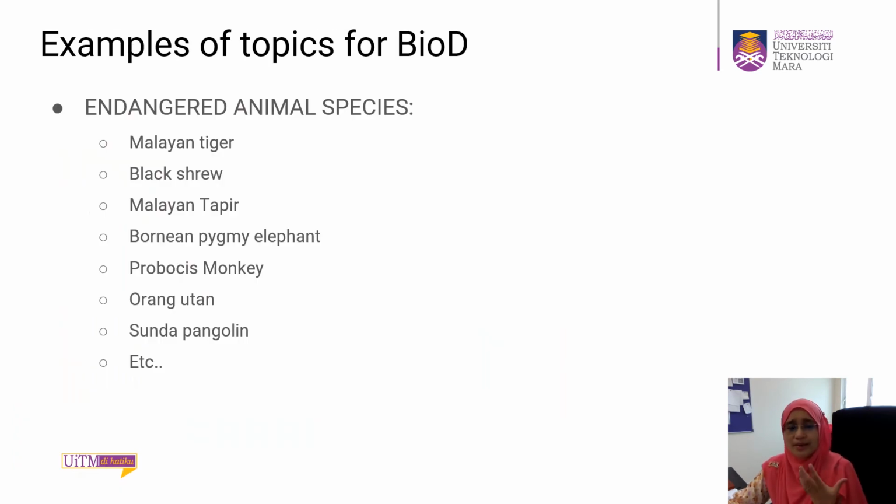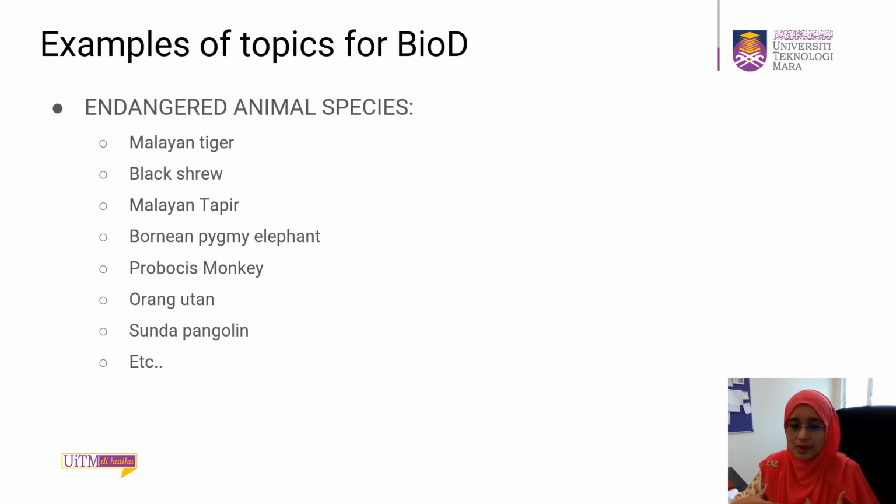And then, so these are examples of biodiversity topics that you can choose. Okay, so you can cover on endangered animal species in Malaysia, for example, Malayan tiger, black shrew, Malayan tapir, pygmy elephant, proboscis monkey, orangutan, pangolin, or any other endangered species that are found in Malaysia. Okay, so we are going to learn biodiversity in Malaysia. So you have to find examples of endangered species, focus on one species. So you have to explain why is it endangered, what are the conservation effort